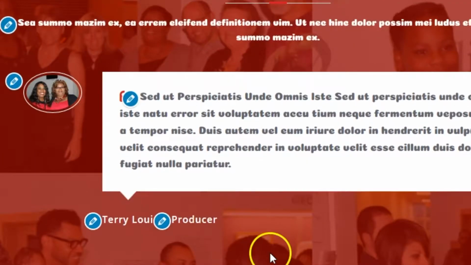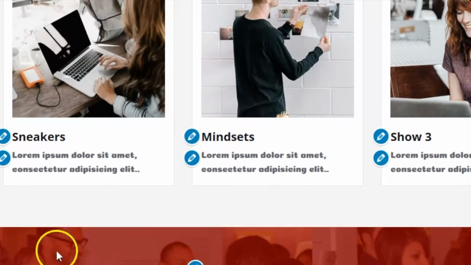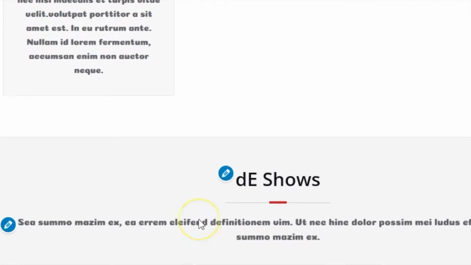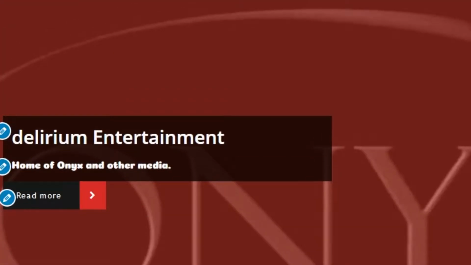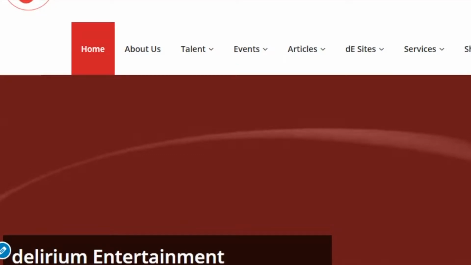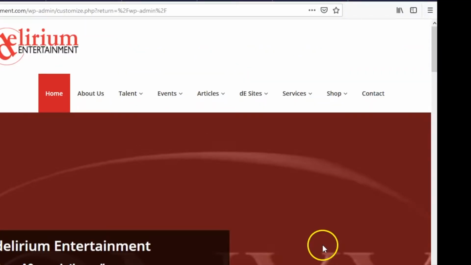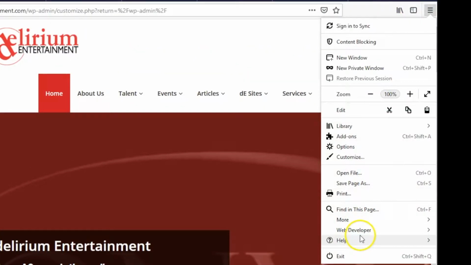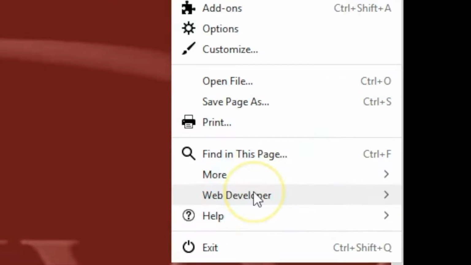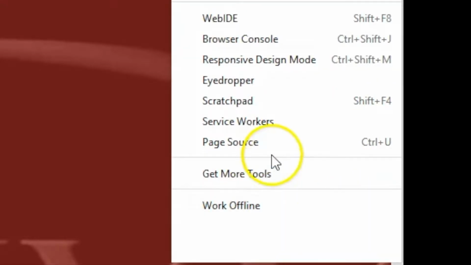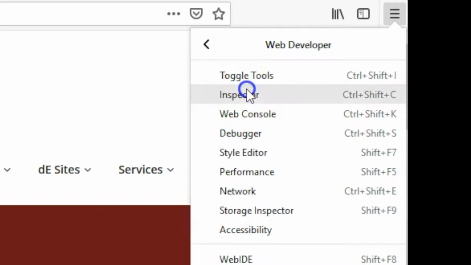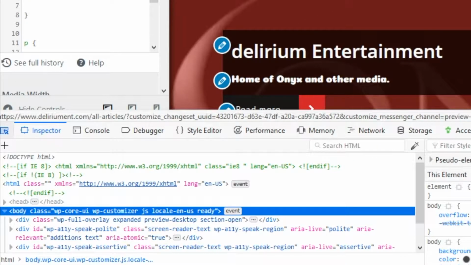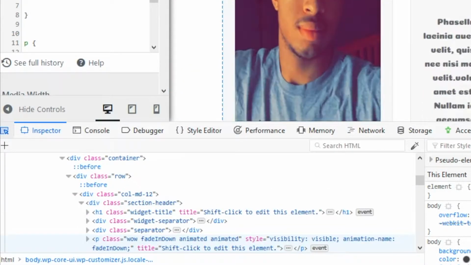You immediately see that any text that's surrounded by the p tag is going to be affected throughout the entire website. I did it globally. If I wanted to target something specific, if I wanted to go ahead and hit my developer tools, where is it at? Web developer. Is that one I wanted to go to? Okay, if I wanted to go to inspector,